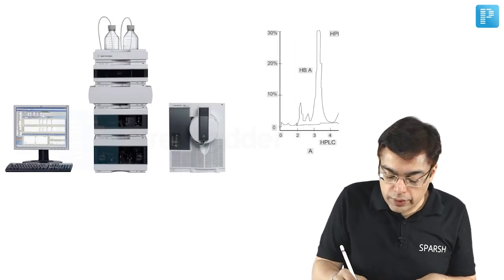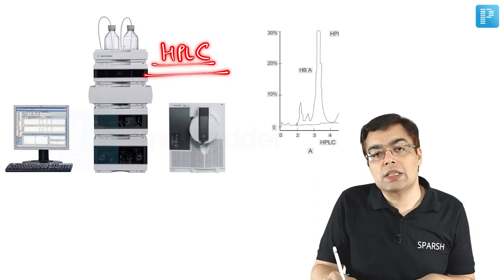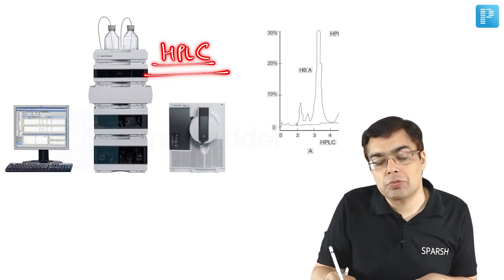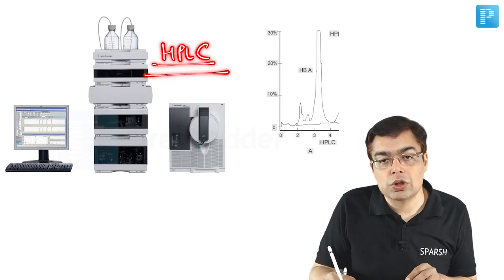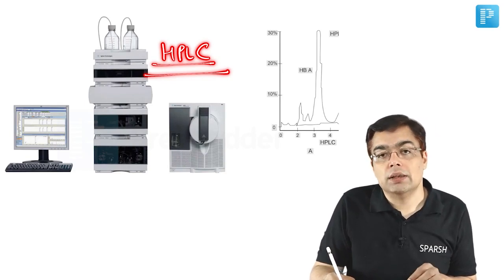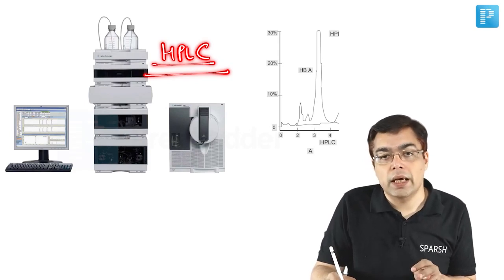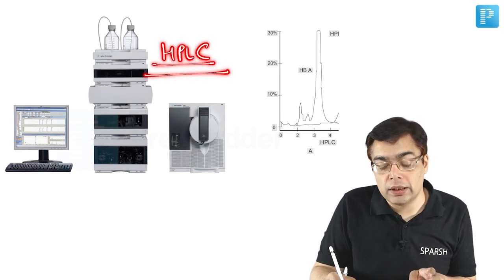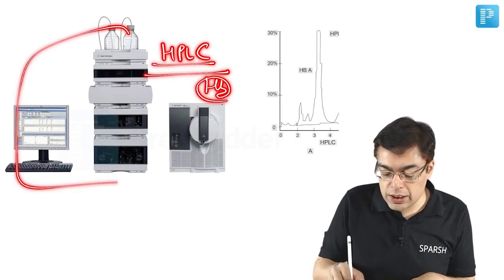Talking about the next important instrument, this is the appearance of the instrument which is given the name of high performance liquid chromatography, which is asked in exams primarily in the context of questions on hematology, wherein you talk about the detection of hemoglobinopathies. Of course, gene sequencing would remain the foremost and the best technique by which we detect the presence of any kind of hemoglobinopathy. But so far as detection of hemoglobin is concerned, this kind of machine is going to be used,